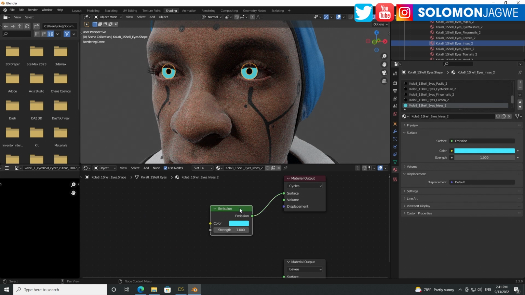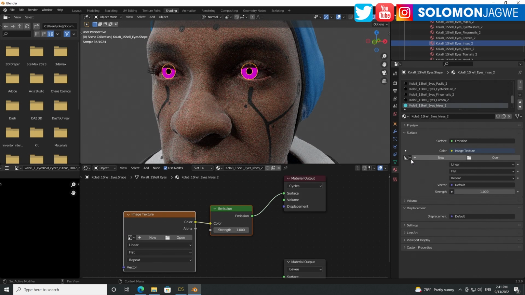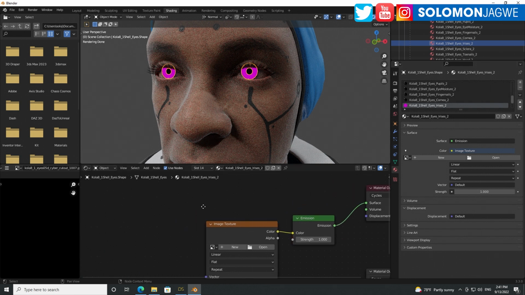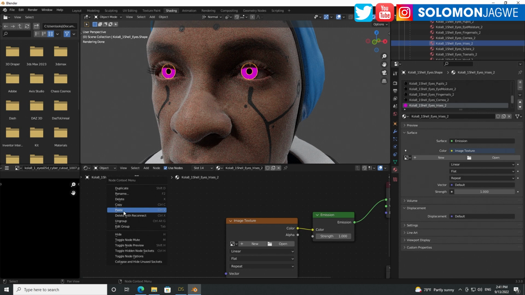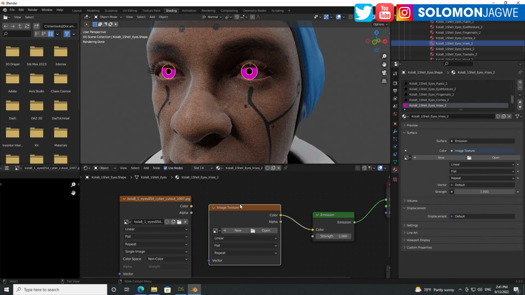So if you go over here, instead of the color itself, you can click over here and change this to a texture. So you go to texture and then you want to use image texture, and you can drop down as well over here and look through. And this particular scene that was imported has a lot of shaders. So my shortcut is simply you can search for it, but you can also come over here and paste, because I'd copied it earlier on. Okay, that's a quicker way. And then we can delete this part right there.